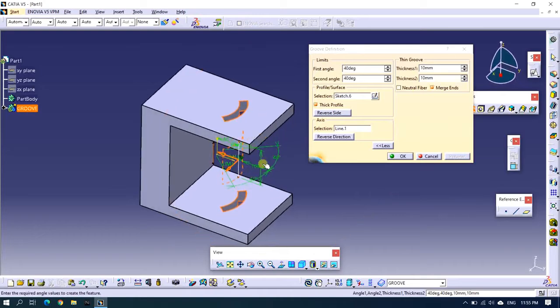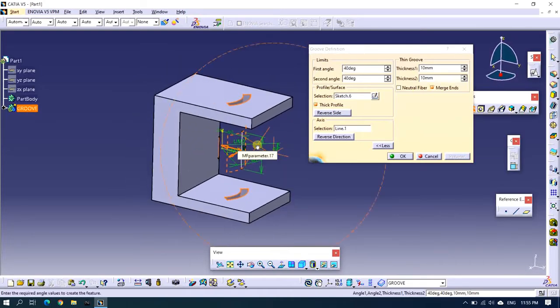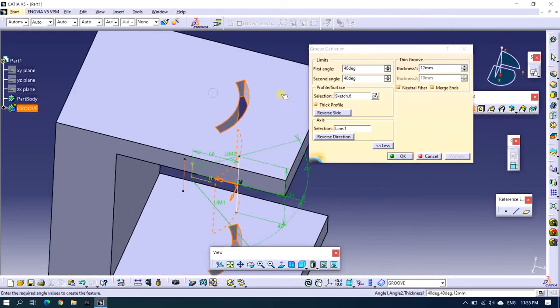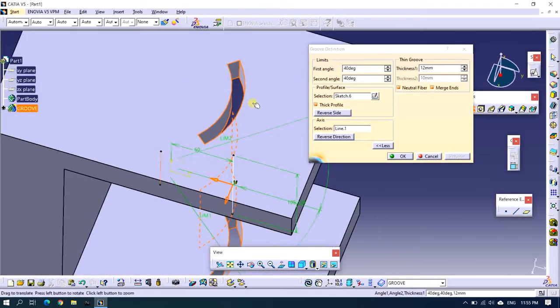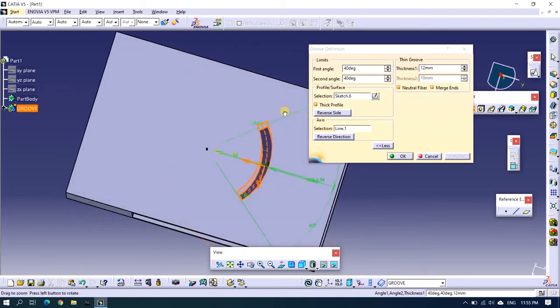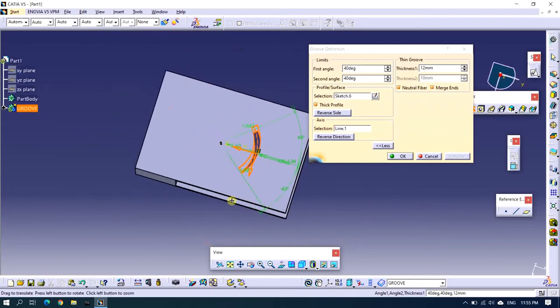If in case you have drawn the profile on the neutral side and you want the same thickness on both sides, instead of putting these two values, you also have the neutral fiber option. Now you can enter only one thickness and you will get it symmetrical, meaning 6 mm on one side and 6 mm on the other side, a total of 12 mm slot.